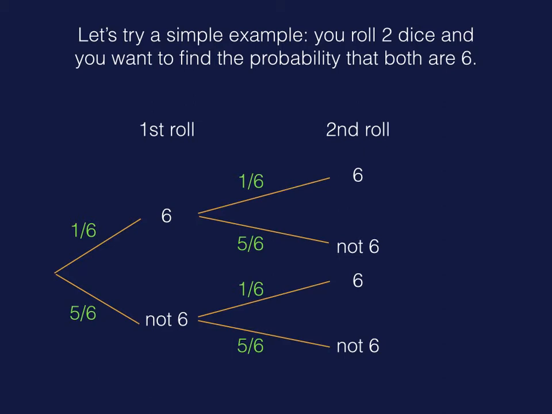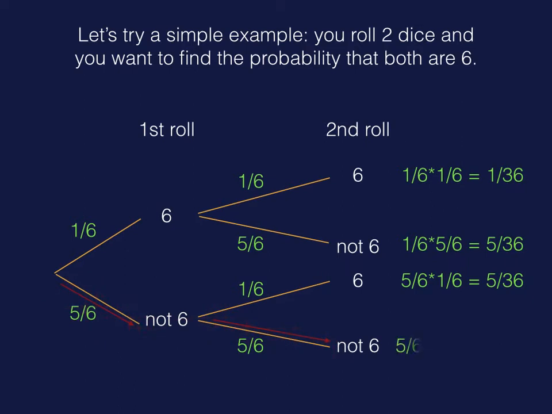All right, so the probability of getting a 6 and then a 6, multiply the branches together, and you get 1 out of 36. And this is actually the answer to the question that I asked, that both numbers are a 6. That's 6 and 6. But I'm going to do the other branches as well just to make a complete tree. So the chance of 6 and then not 6 is 5 out of 36 after you multiply. The probability of not 6 and then 6 multiplied together is 5 out of 36. And the chance of a not 6 and then a not 6 is 25 out of 36. Okay, and that's the complete tree.